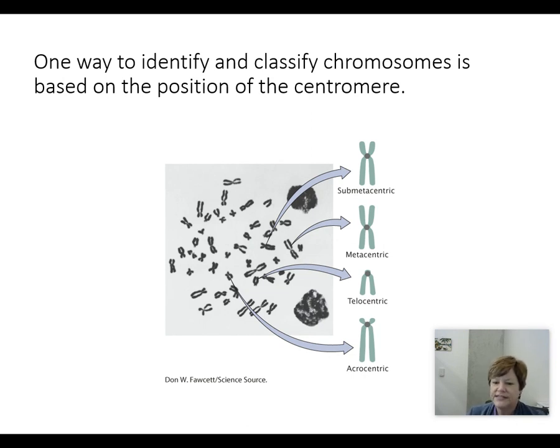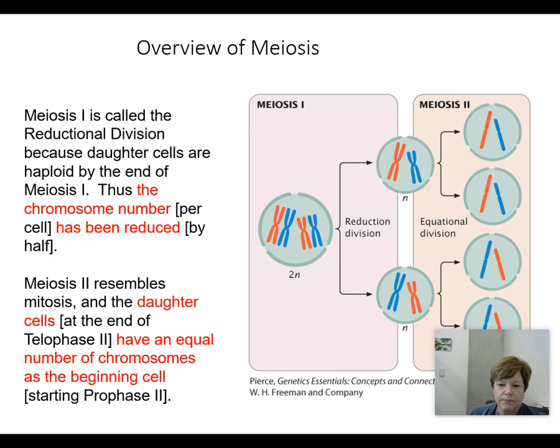Humans don't have any telocentric chromosomes, but we do have metacentric, submetacentric, and acrocentric chromosomes. So those terms are used to refer to the placement of the centromere, and it helps cytogeneticists to identify which chromosome is which when you're looking at a photograph of chromosomes and trying to make sure that all the normal number of chromosomes are there and identify them. So in the same way